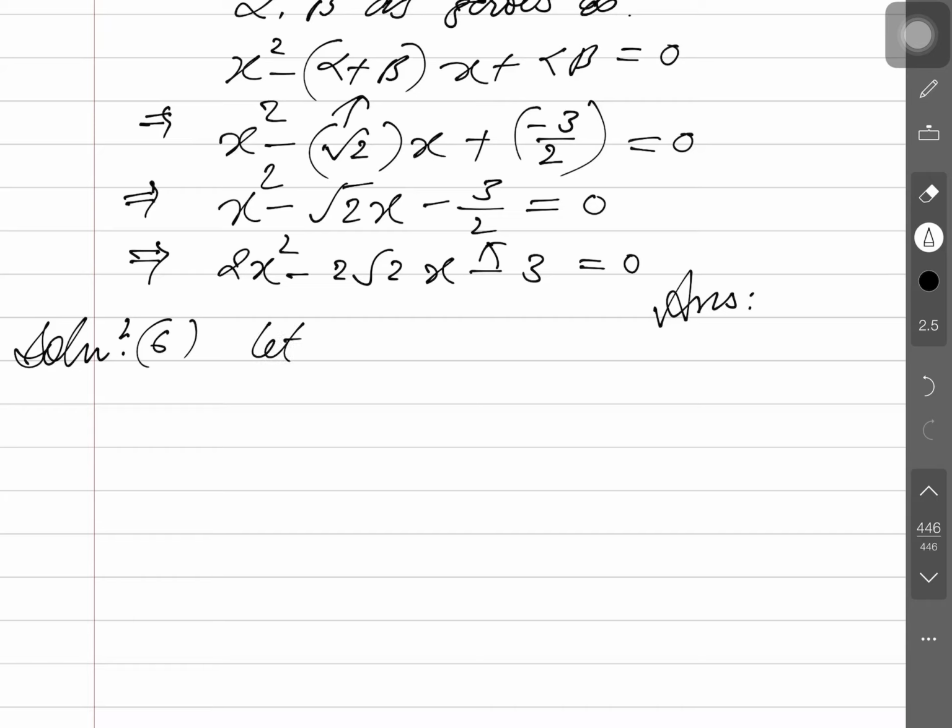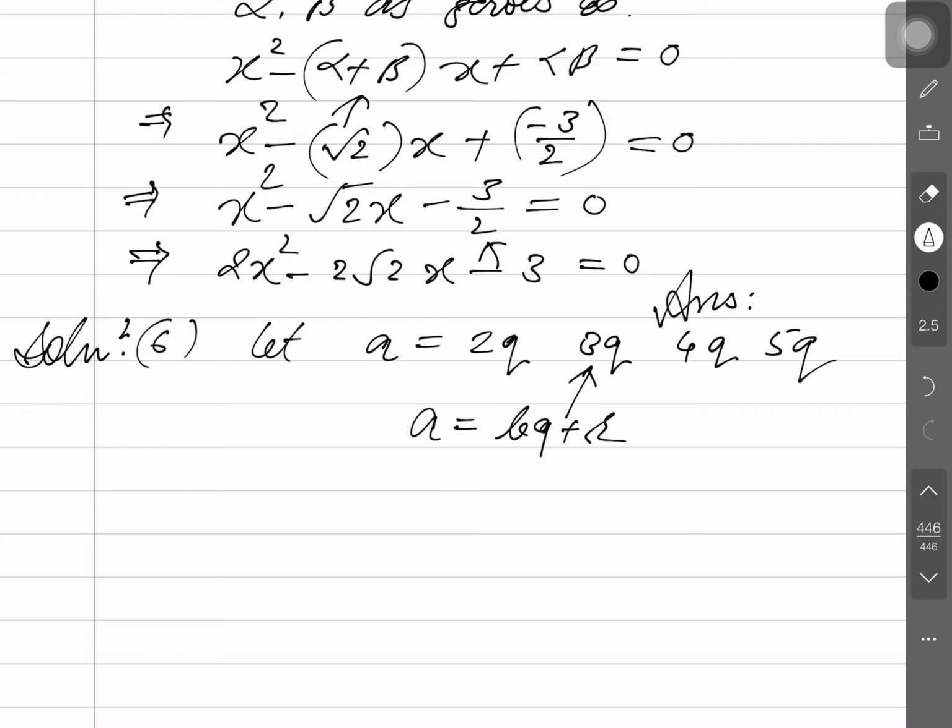So what will you suppose a is equal to? 2q, 3q, or 4q? Please tell me. It is asking for the square in the form 3m, so obviously a multiple of 3 must be there. According to Euclid's division lemma, the expression is written as a = bq + r, where r is greater than or equal to 0 but always less than b. So b predicts the value of r: if b is 2, r is 0 or 1; if b is 3, r is 0, 1 or 2; and if b is 4, r is 0, 1, 2 or 3. But its divisibility by 3 also has to be checked here.